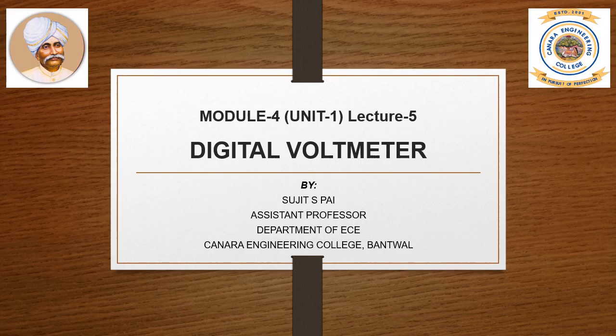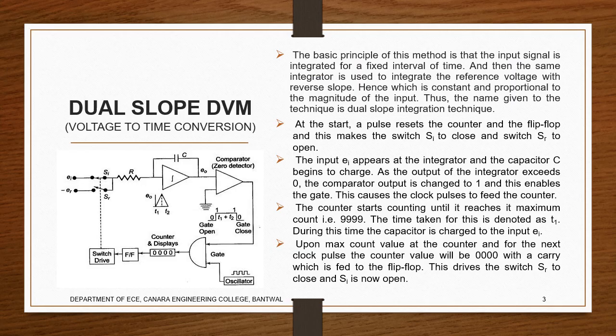Hello everyone. Today again we'll be looking at some topics on the digital voltmeter. In the previous video we studied what the basic DVM, the digital voltmeter, is, and the technique to measure the digital voltage by the ramp technique. There are two more methods we'll be discussing. One is the dual slope DVM, another is the staircase ramp technique. First we'll be looking at the dual slope DVM.